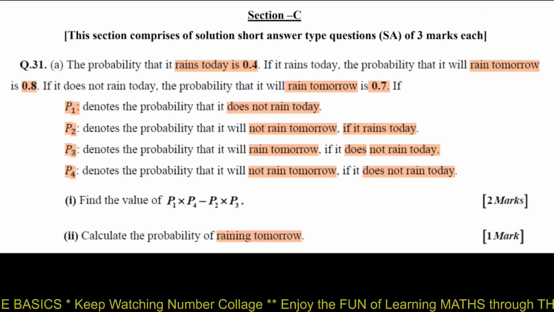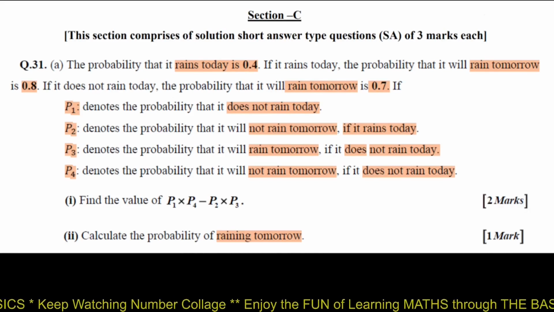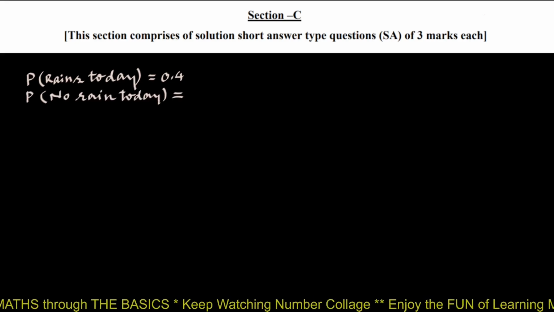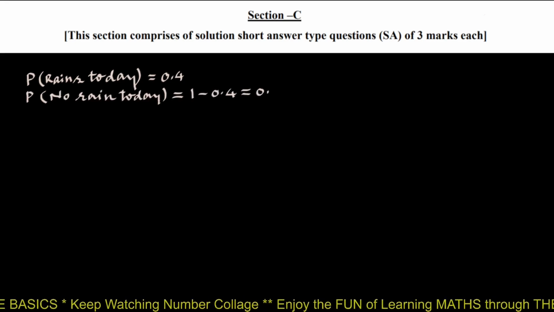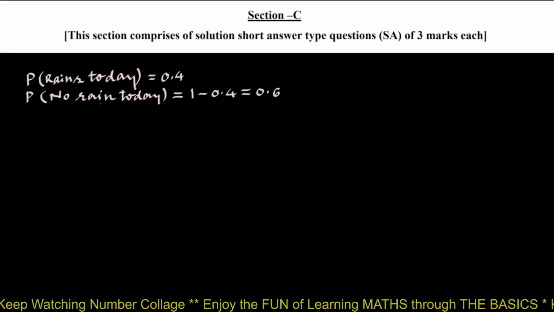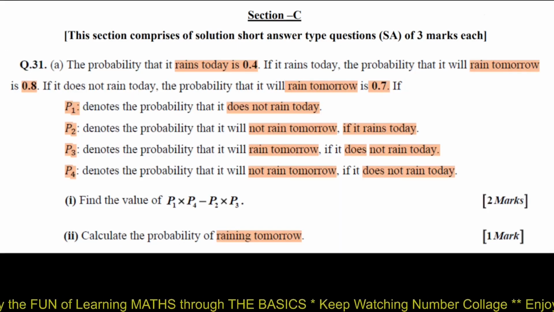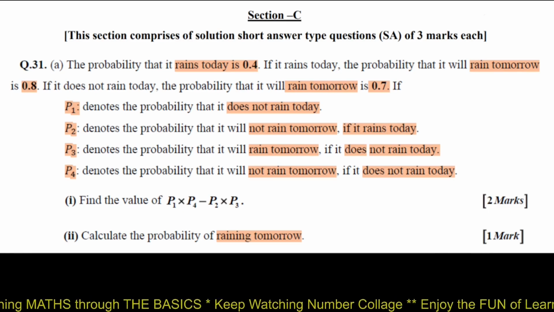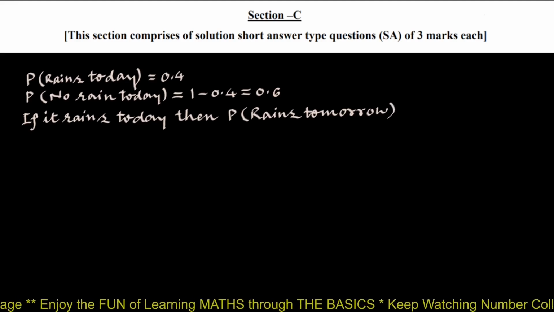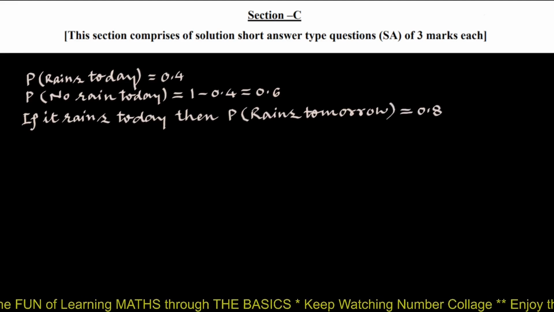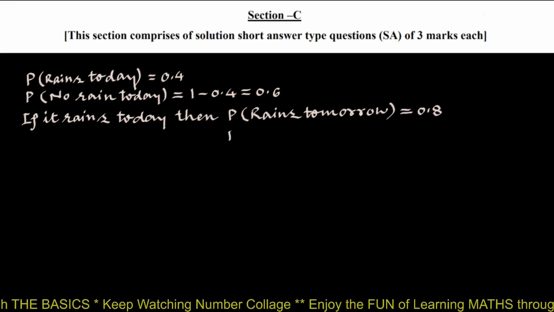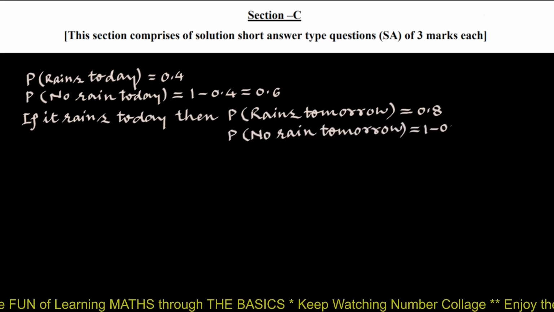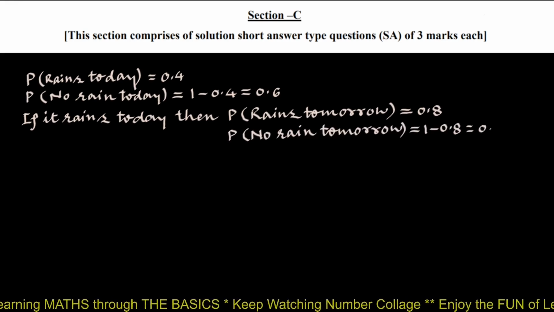Question 31a. The probability that it rains today is 0.4. From this we can write probability there is no rain today will be 1 minus 0.4, 0.6, being a complementary event. If it rains today, the probability that it will rain tomorrow is 0.8. This we write as probability of it rains tomorrow is given to be 0.8. From this we write probability that there is no rain tomorrow will again be 1 minus 0.8, 0.2, being a